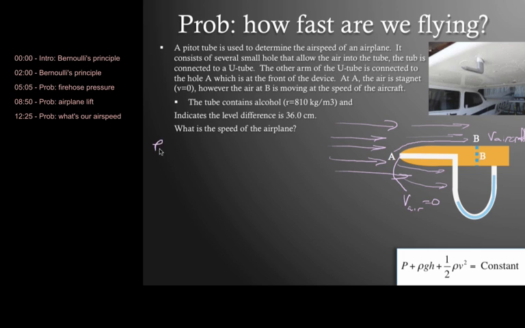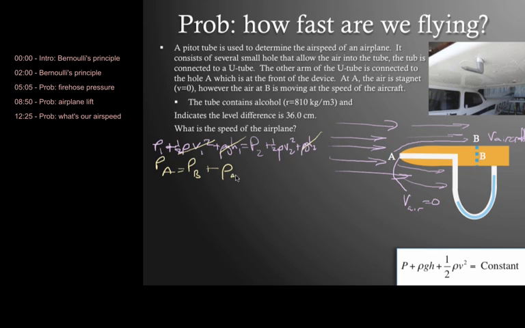And so we have P1 plus 1/2 rho V1 squared plus rho G H1 is going to be equal to P2 plus 1/2 rho V2 squared plus rho G H2. So right away, between A and B, there's no difference in height. And also V at A is 0. So this means that P at A is equal to P at B plus